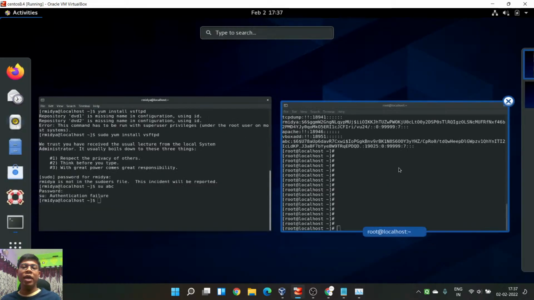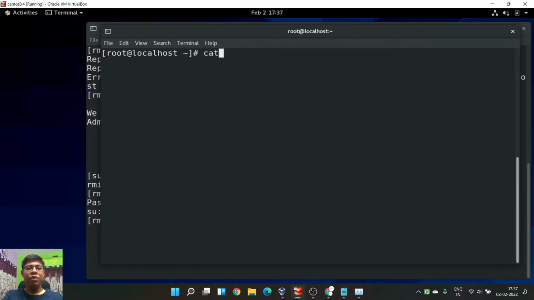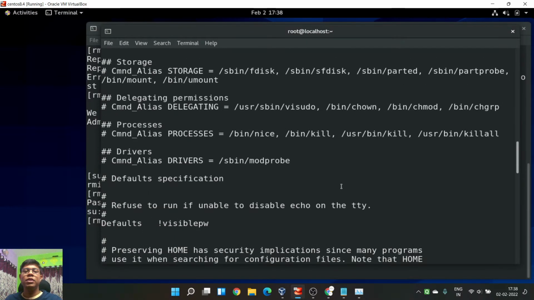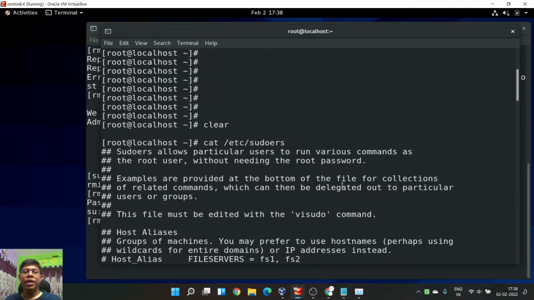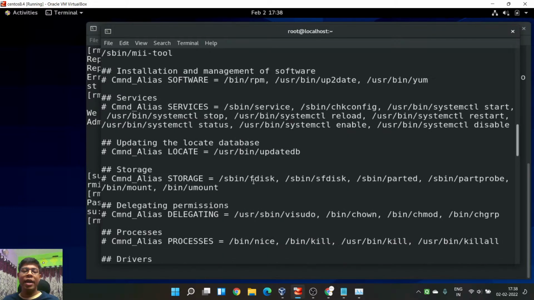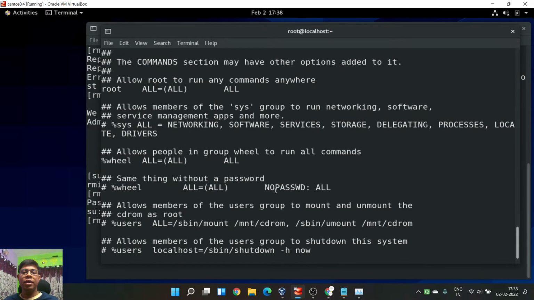So that's why we have one file. If I do cat on this file, it's called /etc/sudoers. So this is the file. If you try to read this file, it is a very big file. They have a lot and lot of things. Actually, if you see these two hashes, this means these are comments. So just read the comments if you want to read. But if you see at the last,